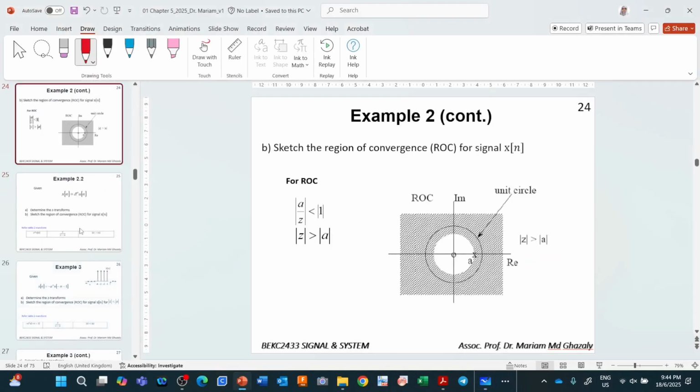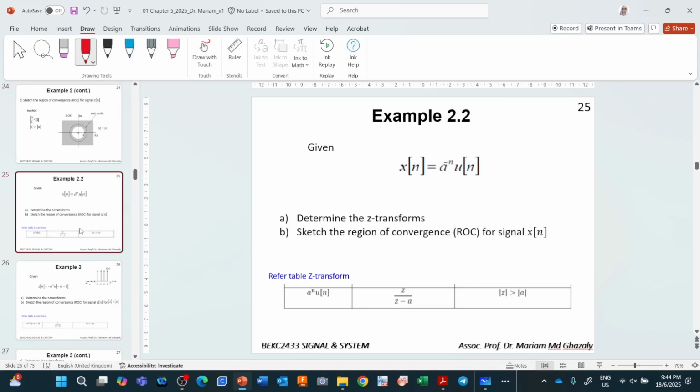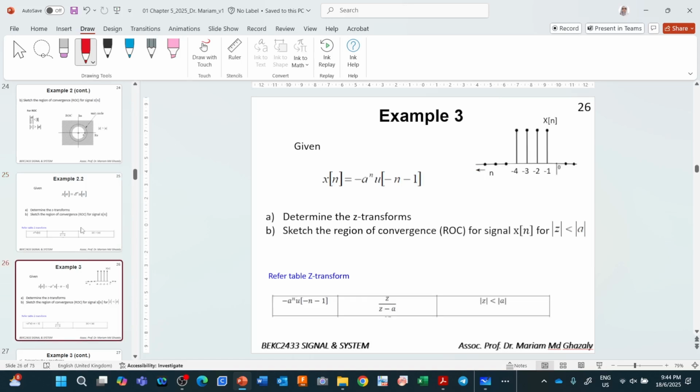So the other slide is just explaining it. Similarly, I'm not going to explain this, but you can try to do this one, A to the power of minus n. Same concept. Try to find out what the ROC is. Is it |Z| more than A or |Z| less than A? Okay. We will continue this